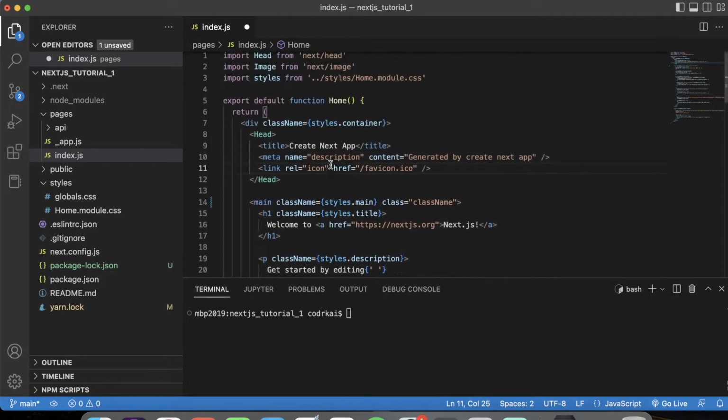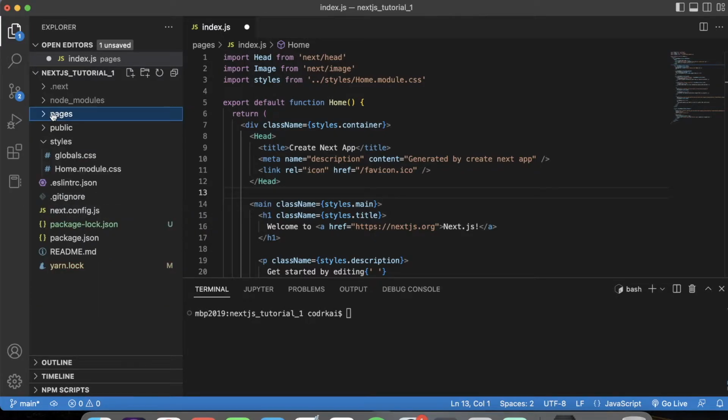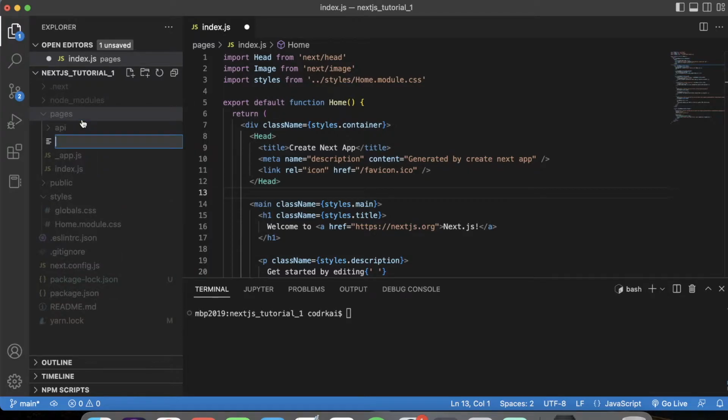Let me step through it further right here. Let me remove this again so you don't get confused. As you create pages, this is the home page here. As you create other custom pages, it will allow you to have its own style. That's why home here, index, has its own, called home.module.css, and it has to be named in this method right here. So for example, if I create a new file right here and I call it